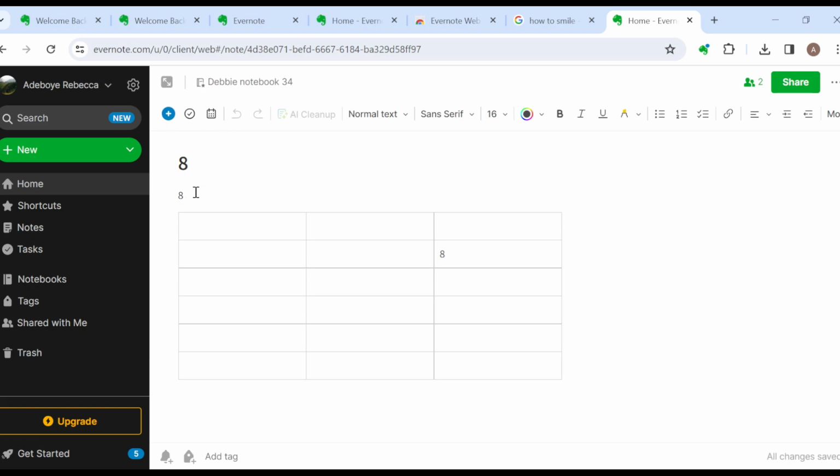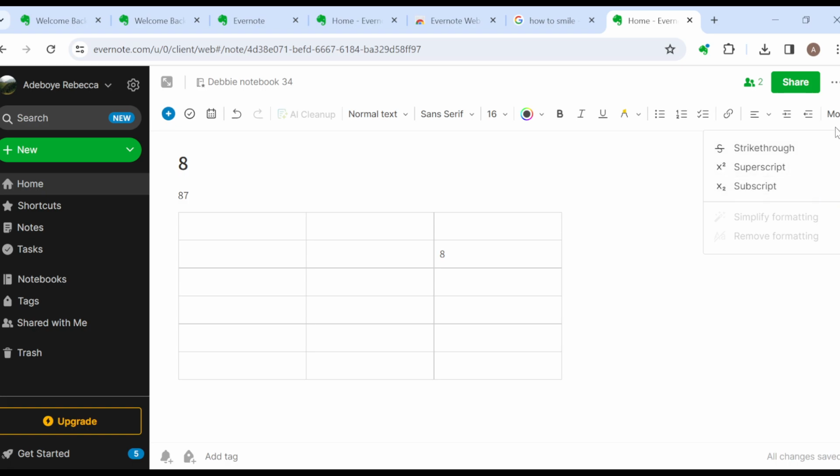And then once you have selected the text, go to the top part of the screen and then click on the more option button. Let's select the text very well this time around. Then go to the more option. Once you go to the more option button, you will see the options available, which is strikethrough, superscript, and